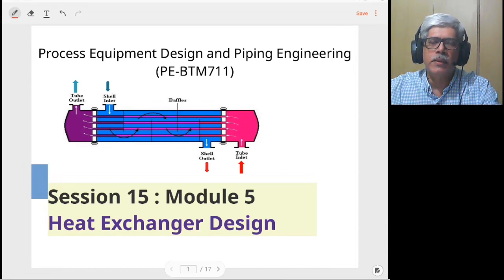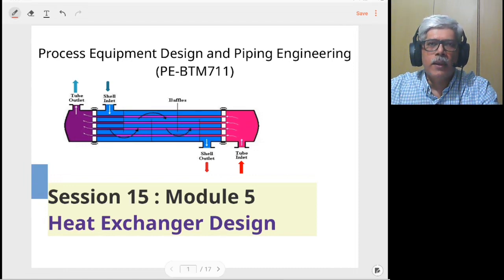Essentially, they are pressure equipment, but because there is a heat transfer taking place between two media, you require two separate pressure chambers. There are different types of heat exchanger. In this session, we are going to look into what is known as shell and tube type heat exchangers. We'll see constructional features of the shell and tube type heat exchangers. And from design point of view, we will have a little discussion on the tube to tube sheet joint and the calculation procedure, a preliminary calculation procedure for thickness calculation of the tube sheet.